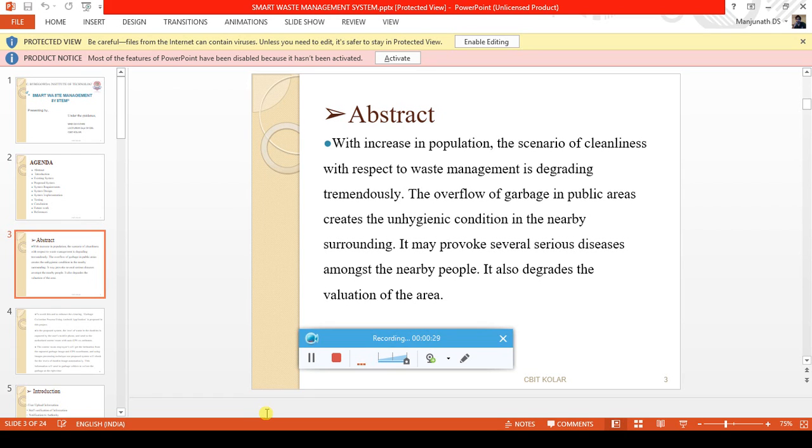Explain that the current problem is that garbage is thrown out and there is no proper maintenance, and the main disadvantage is that the collection of the garbage is not done at the right time when the garbage is filled. So stress more on the problem, what is happening in the current situation and how it can be achieved, and explain a few ways of how we are going to achieve that.